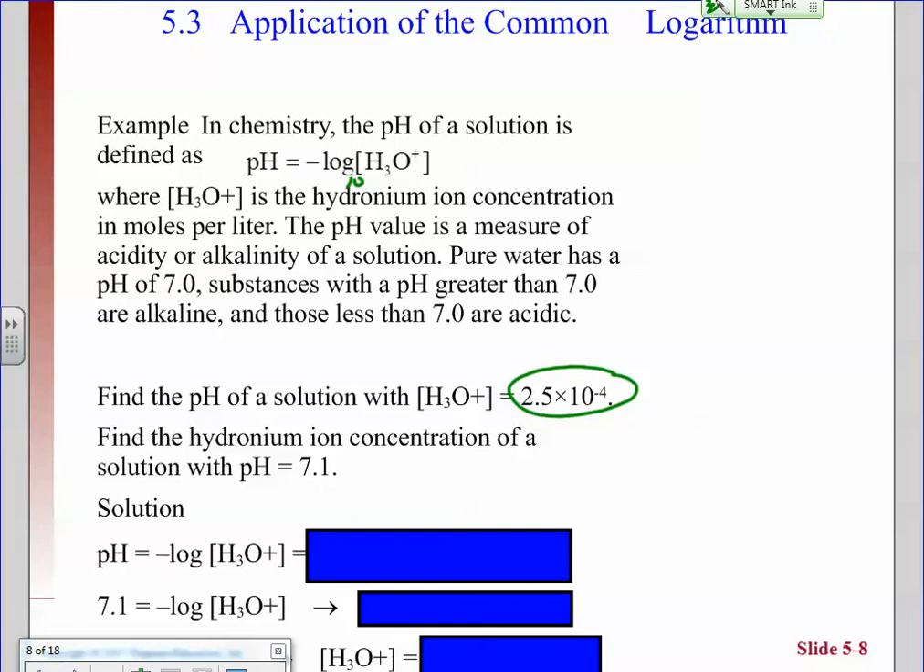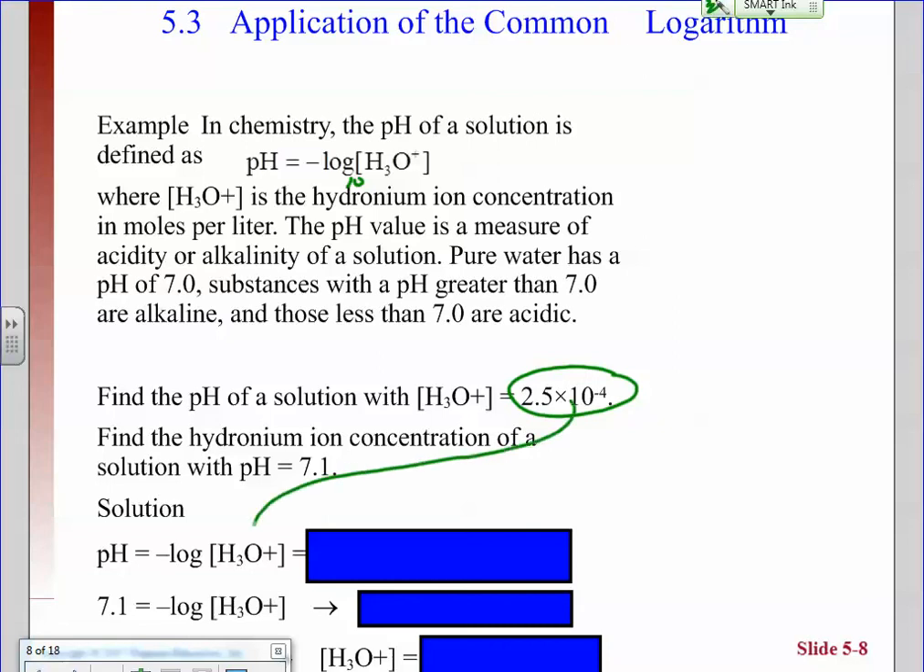So the answer to that log is always going to be negative, and we want the pHs to be positive, so we just put that negative back in there. So a couple of pH problems here. pH is the negative log of the hydronium concentration. So if it's 2.5